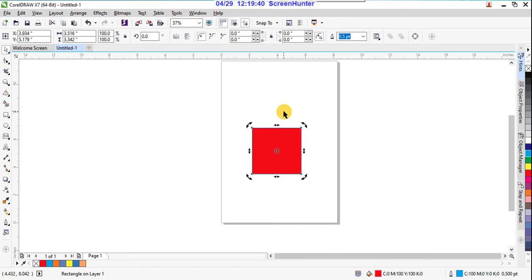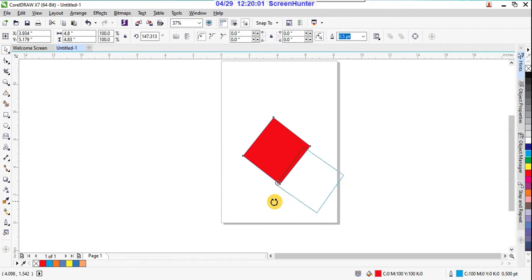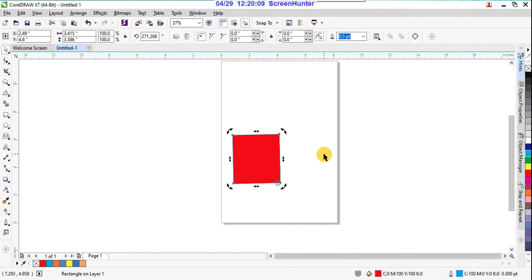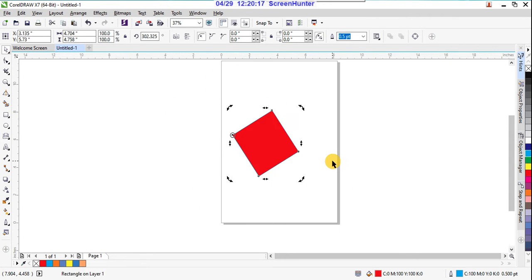you will get the controls to rotate your object. See here, the rotation marks are appearing. With the rotation marks, you rotate your object. Here is the reference point, your center point; you drag and keep it somewhere. Suppose I'm keeping it here, and you can turn that object. So fixing with that point, you are actually rotating your object. And this time you can keep it here and rotate. Yes, you are rotating the object.